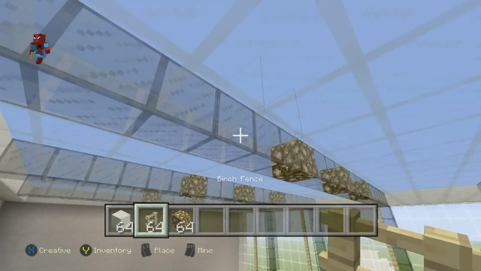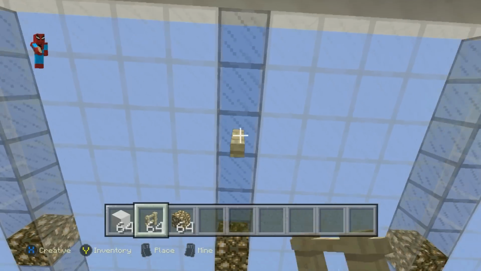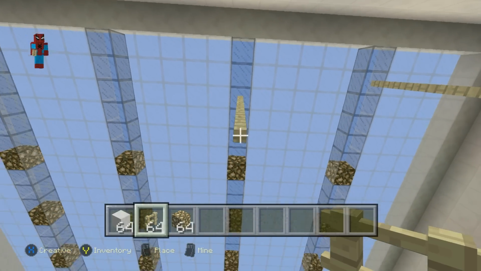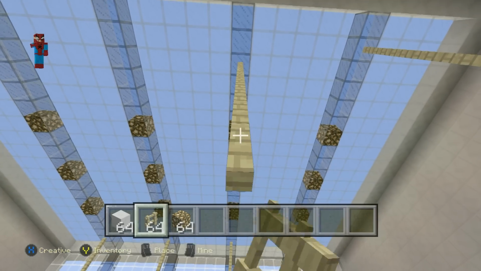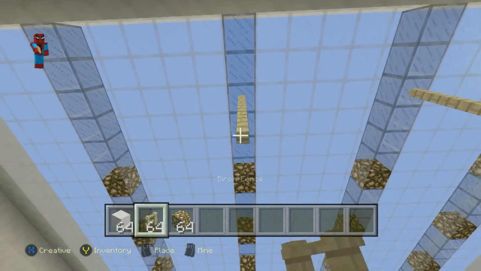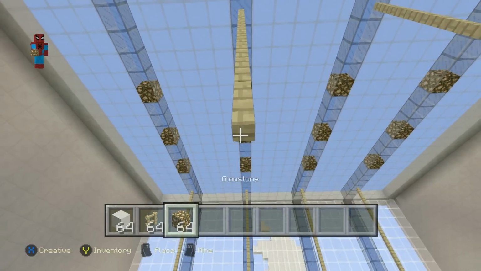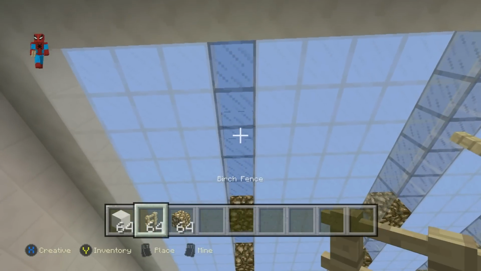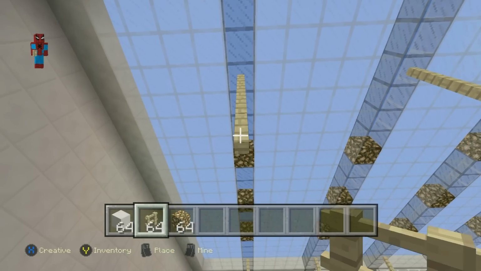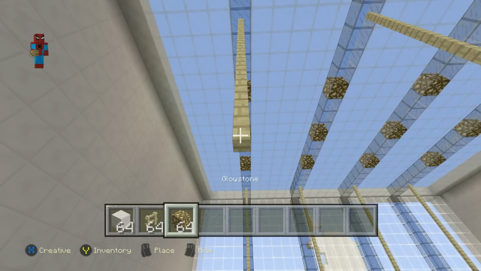Believe it or not, this is one of the more irritating things to do at the store. So on the back, remember, third block coming in from the back, that'll be 1, 2, 3, 4, 5, 6, 7, 8, then glowstone, and then all the way up here, 1, 2, 3, 4, 5, 6, 7, and 8. Glowstone. Thank God we only have one left. That'll be 1, 2, 3, 4, 5, 6, 7, and 8, and then glowstone.